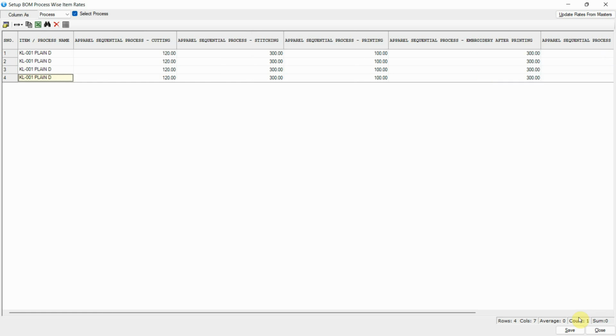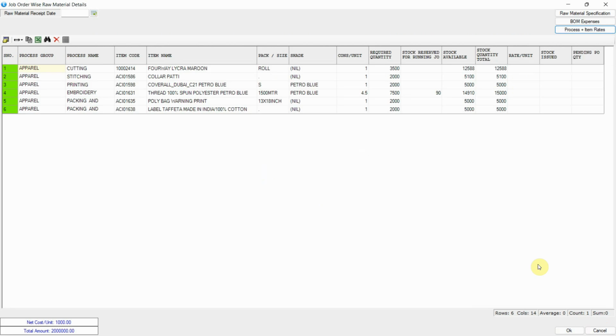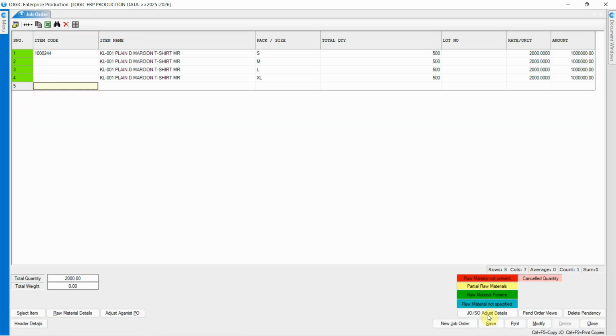You can also predefine these details in the Setup Process-wise Item Rates. Click on the Save button to record and finalize the job order entry in the system.